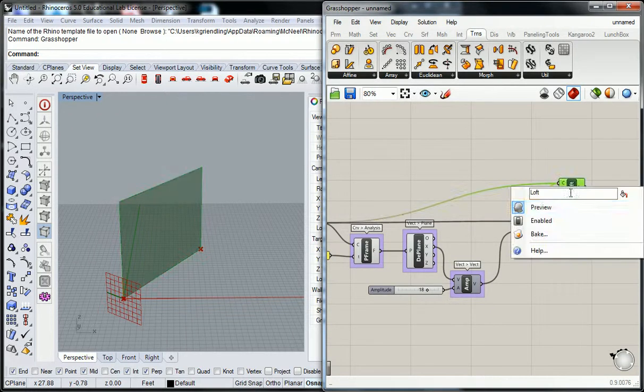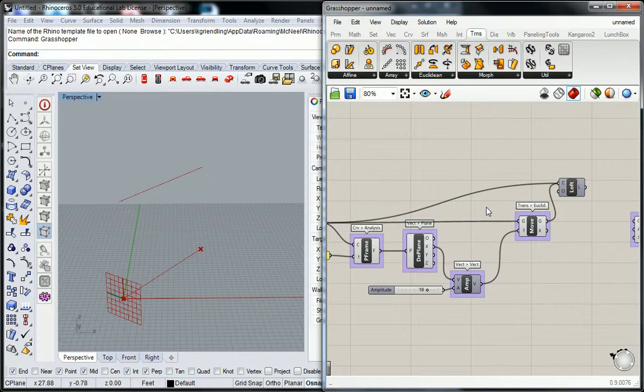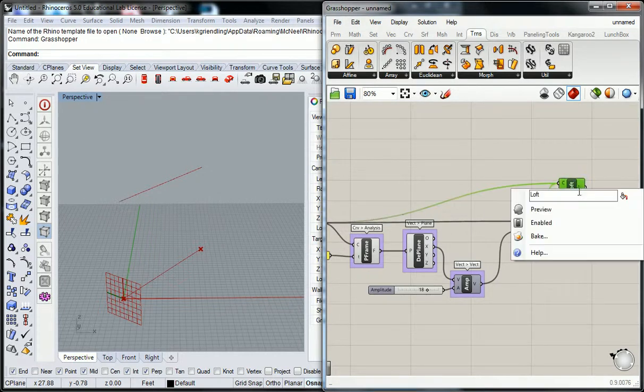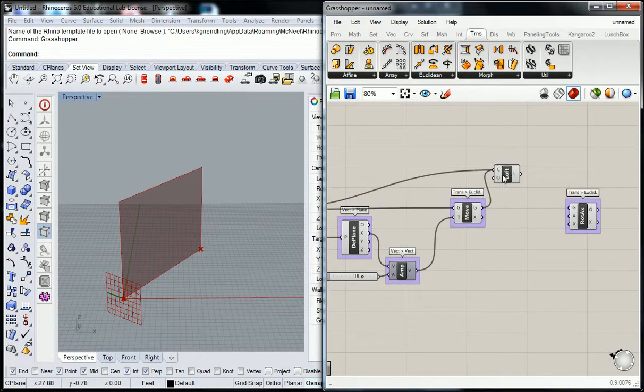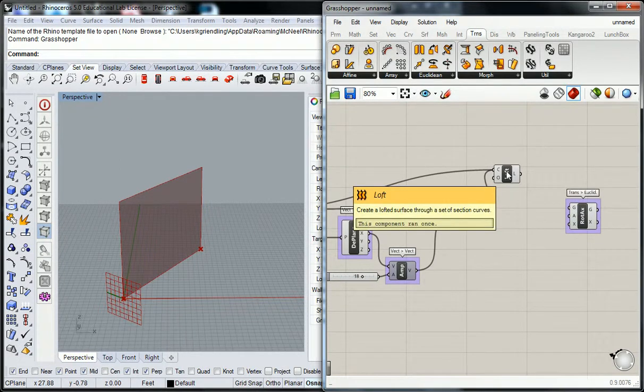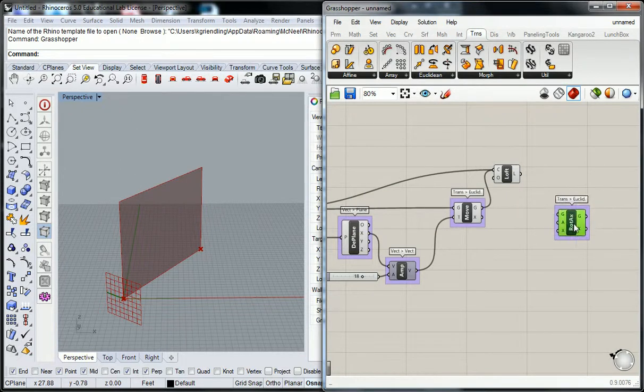I've created, if I turn that off, two curves. If I turn it on, you can see that I lofted those two curves. If I tried to rotate the surface, that technically would work, but what I really want to do is set up a construct based on curves and let the creation of the surface be the byproduct. So I'm going to turn this off for now so that you can visually see how it's going to be structured,